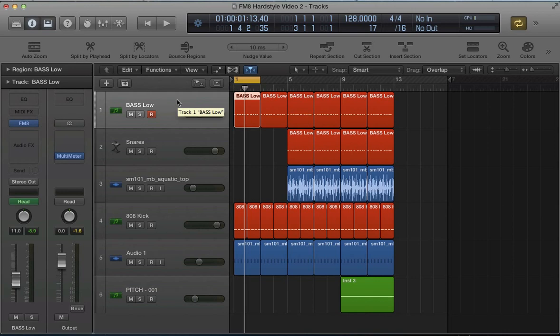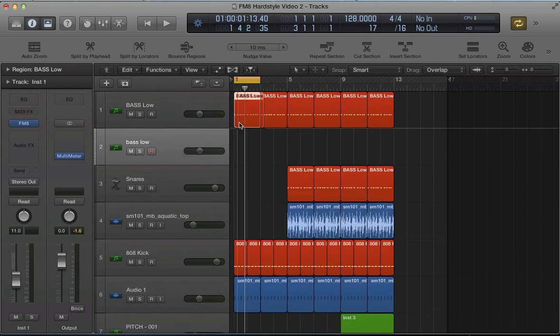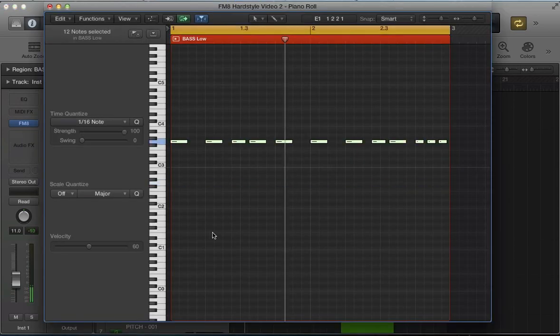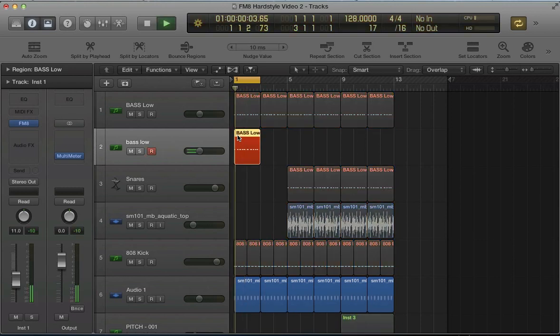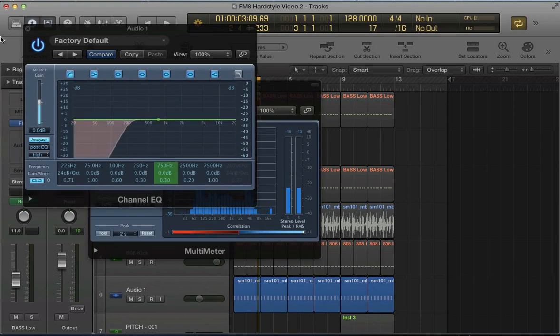differently. So for starters, I'm going to duplicate this channel, copy this MIDI over, and then just take this MIDI and lift it up one octave. So, and then I can process this slightly differently. I mean, one thing for starters is